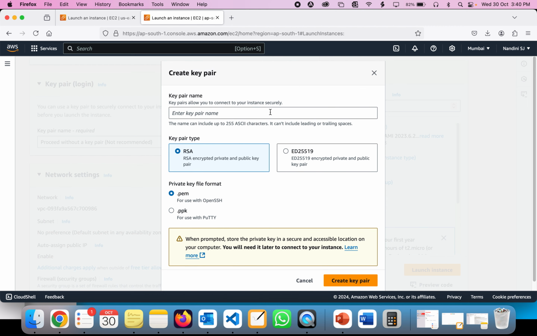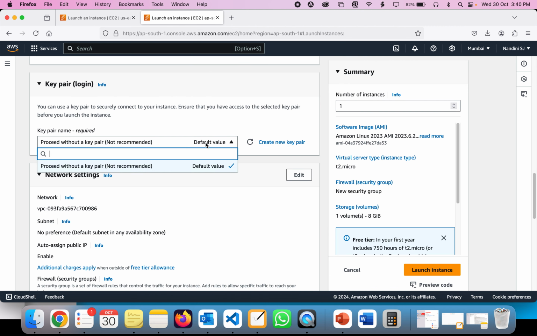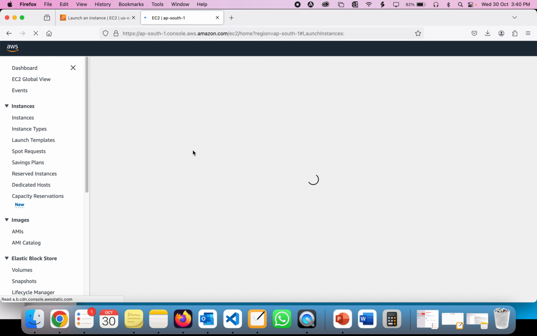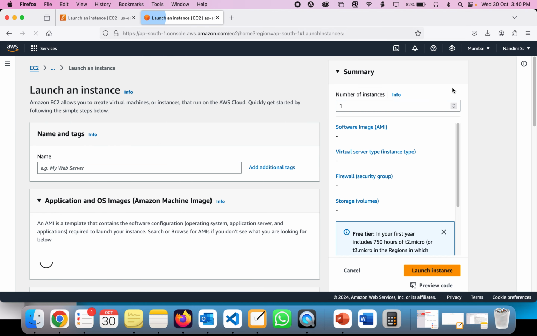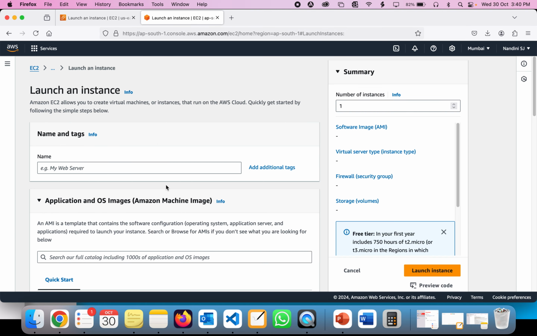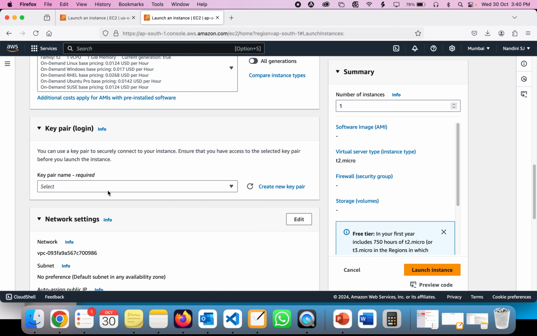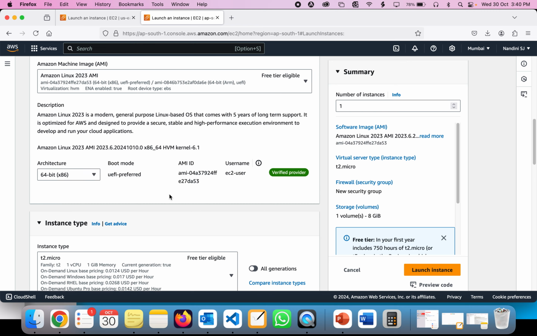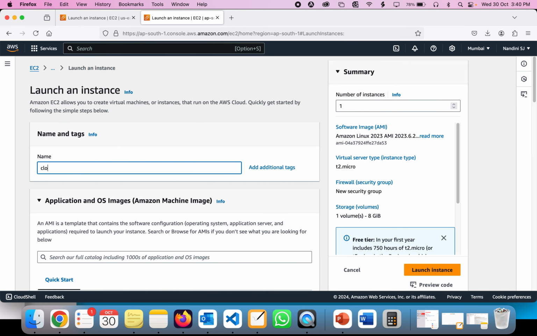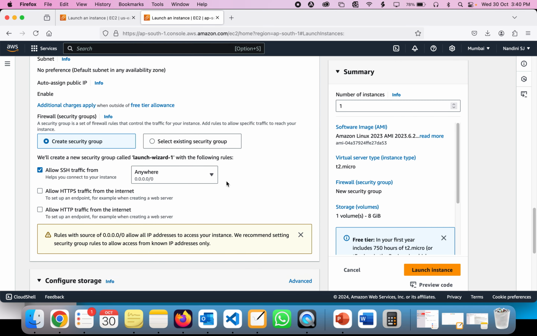I think it's not showing here. So for example, if you don't select anything over here by default, what I'm going to do is refresh it again and go to the same option. Here, in the key pair login, I'm not selecting anything, I'm just giving the name cloud institution. As you can see here, I'm allowing SSH traffic from anywhere. Now if you do launch instance,